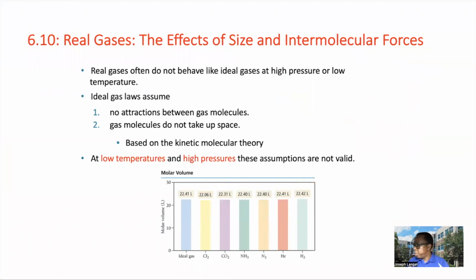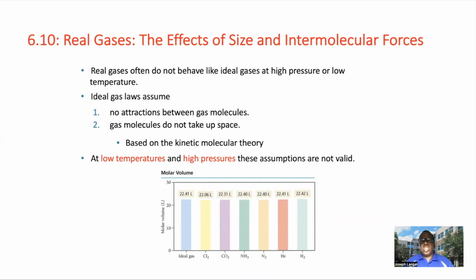Lastly, in chapter 6, this is the last section, the last item I would like to cover: real gases. What are real gases? There are real gases versus ideal. An ideal gas actually does not exist. It's just an assumption. For example, if we say ideal, that means gas molecules do not occupy any space. But we know in reality, hydrogen gas has particles and they occupy volume. So an ideal gas